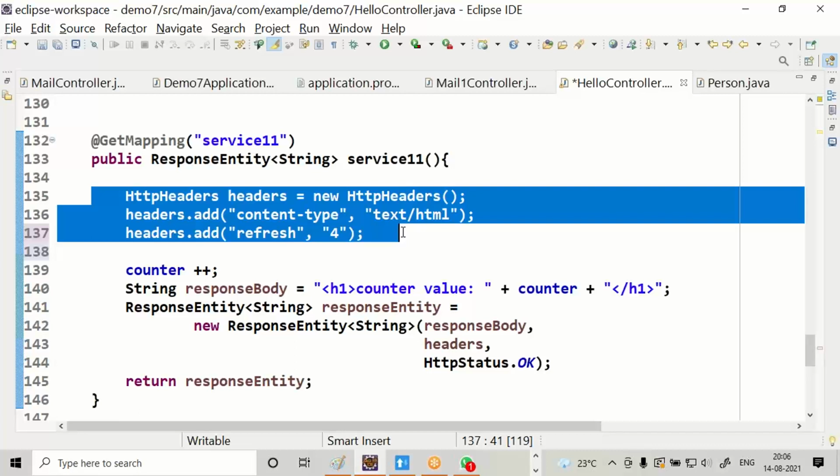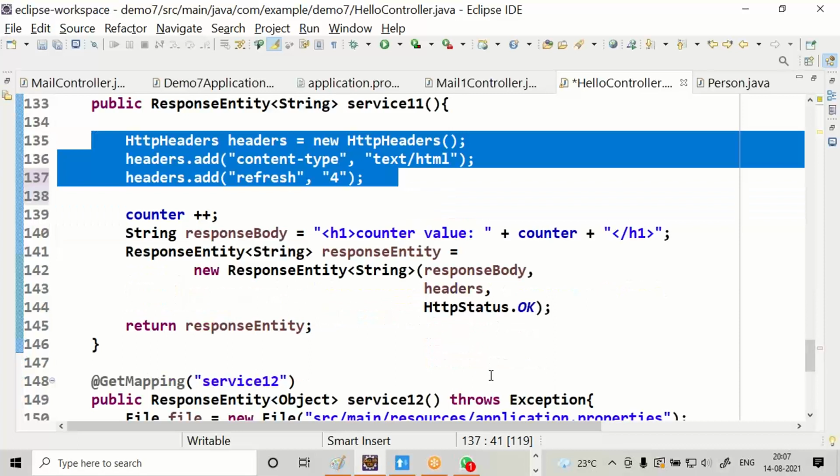You can store all the headers one by one in the HttpHeaders object.